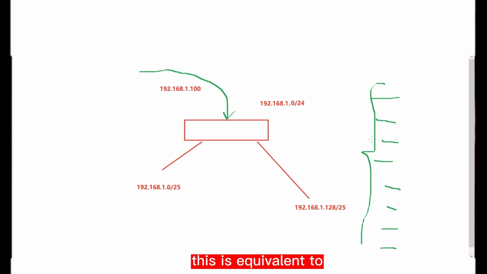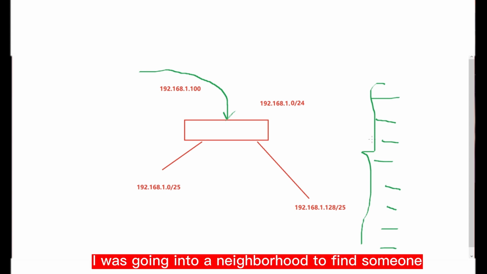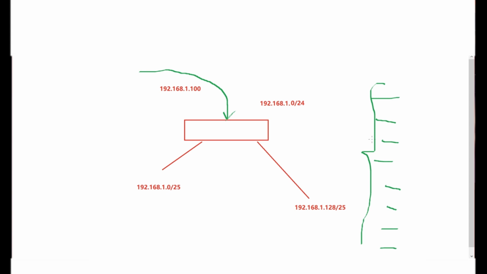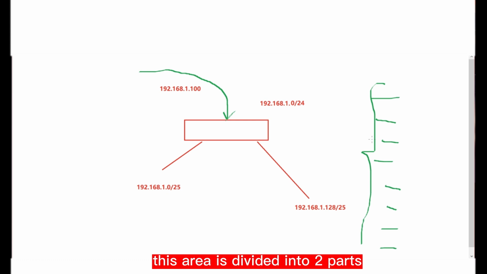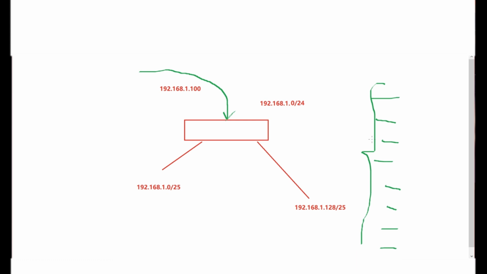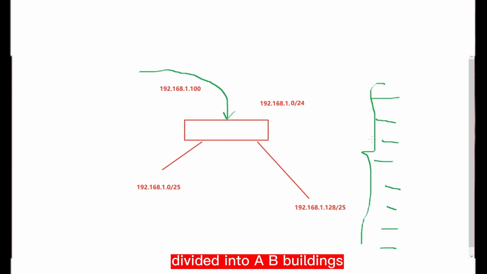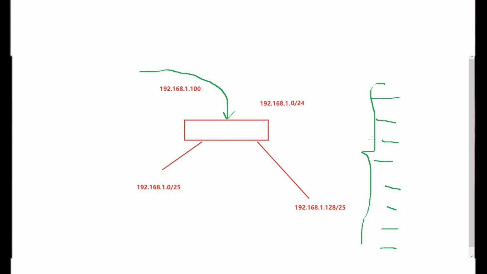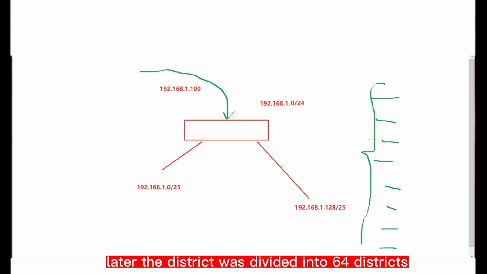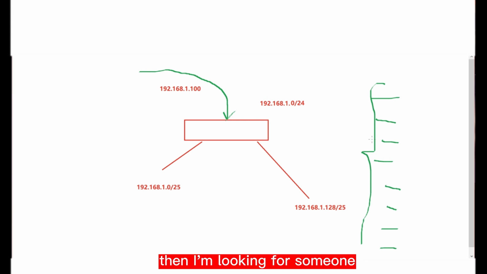This is equivalent to, originally, going into a neighborhood to find someone. This area is divided into 2 parts, so I can find someone directly: either go left or go right, divided into buildings A and B. Later, the district was divided into 64 districts. Then I'm looking for someone, and I also need to confirm